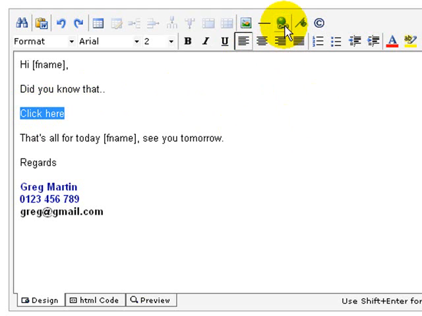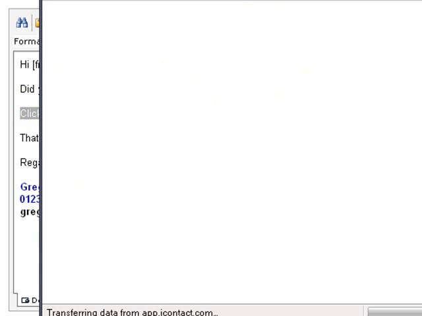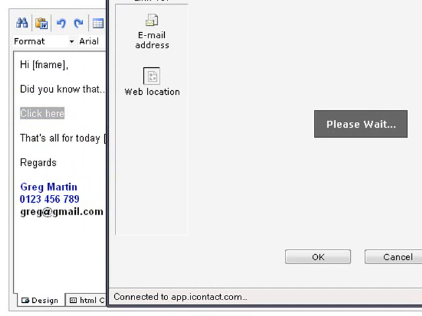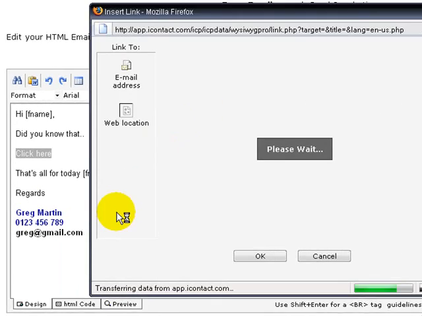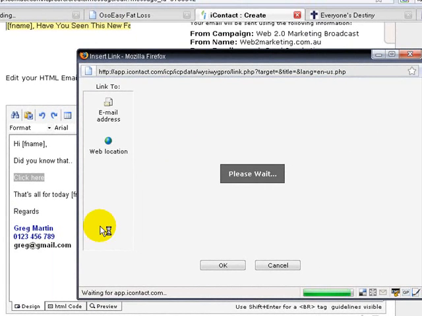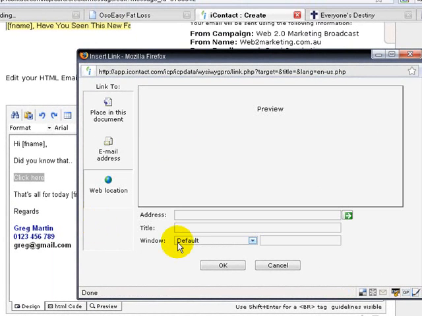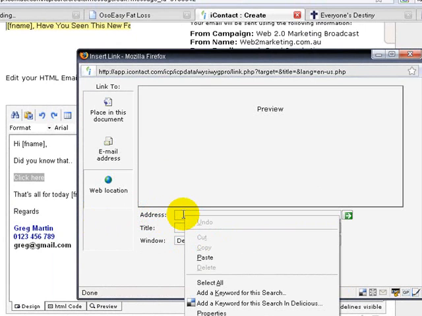Here's the box. Loading. Please wait. Now in here where it says address, you click in there and paste it in. Just like this. Right click, go down and select paste. Now I've just taken that address here,